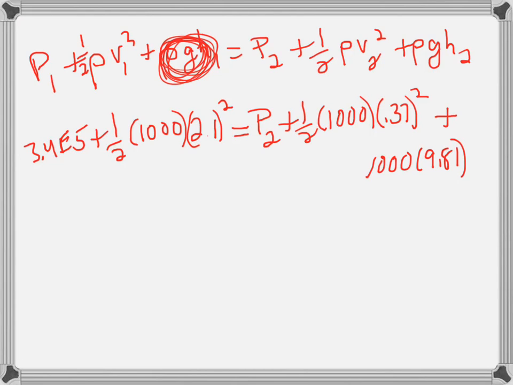On the second floor, it says it's 4 meters higher. So we can put in 4 meters for that. And it's kind of big and ugly, but it's pretty easy to solve for P2. You figure out what the pressure is. Okay, good. Number 34. An area of a hole in a ship's hull,